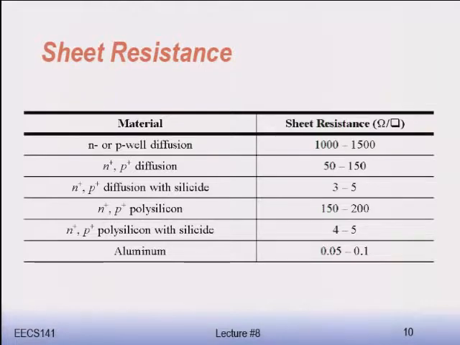Okay, and so you can see that even if you take N plus poly with the silicide, which is what will be a gate, okay, the resistance per square is about 40 times larger. So this means for the same resistance, you can route about 40 times less far using poly than you can route using aluminum. Okay,